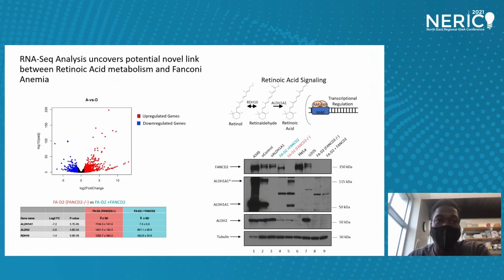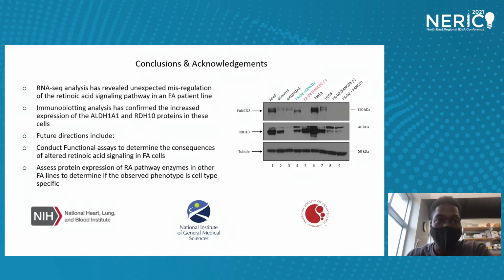Over the summer, we have validated these findings using immunoblotting. I want to draw your attention to the 2 lanes marked in red and blue that show our FA test lines, only one of which expresses FANCD2, as you can see in the top panel. In the FANCD2 patient cells mutant for FANCD2, we can see greatly elevated levels of ALDH1A1, and in contrast, no differences in the levels of ALDH2, another aldehyde dehydrogenase, between the lines. Next slide. Similarly, we confirmed increased expression of the RDH10 alcohol dehydrogenase in